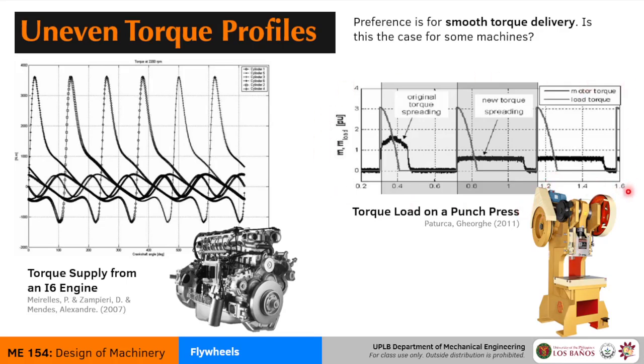What you see here, this graph, is a picture of the nominal torque that is being exerted at the load and at the motor. What you notice here is that the load torque, regardless of modifications to the motor flywheel system, remains the same. It's a shock load, so it's a very sudden spike. But when it comes to the motor load, it seems that from the original torque spreading to the new torque spreading, something occurred that smoothened the experience for the motor itself. And that is what the flywheel in this application has to do.